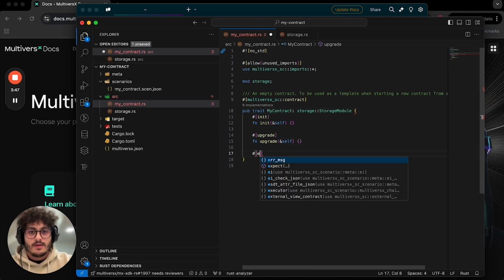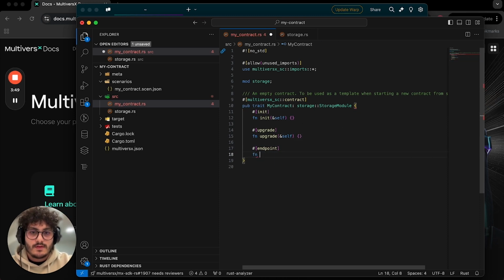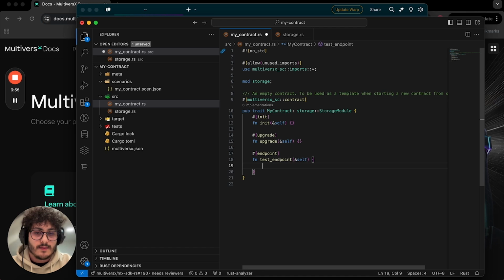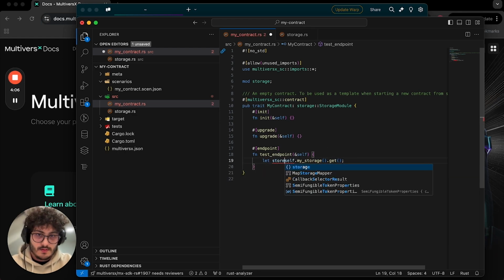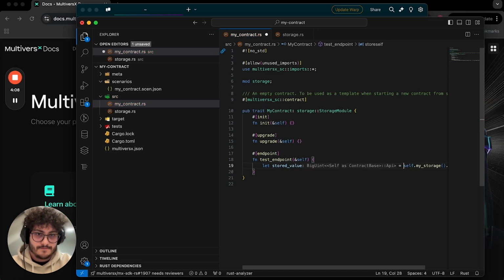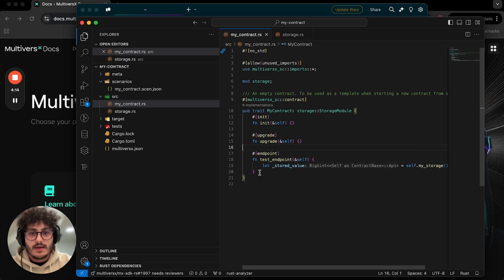Now, if I create a new endpoint, let's say test endpoint, now I'm going to be able to find my storage in self. As you can see, the Rust Analyzer already knows that it's a boolean,